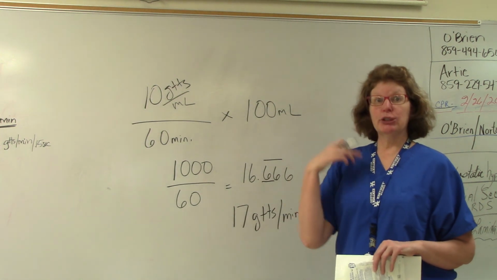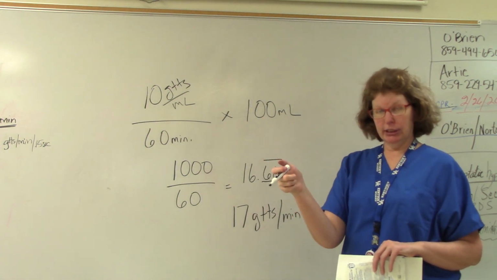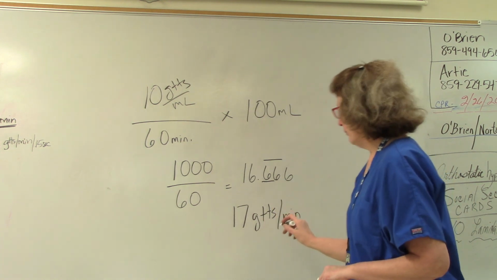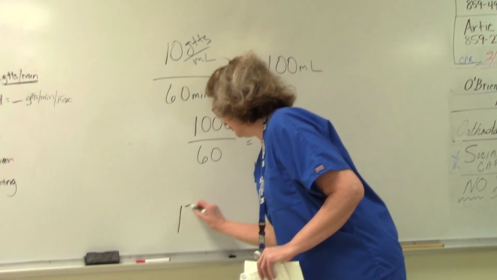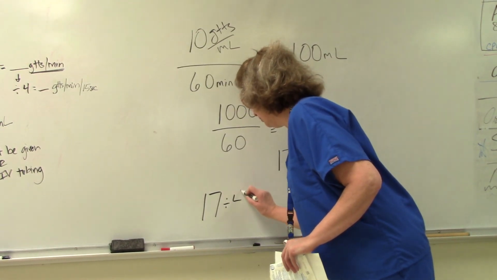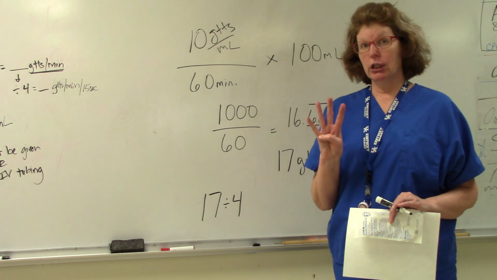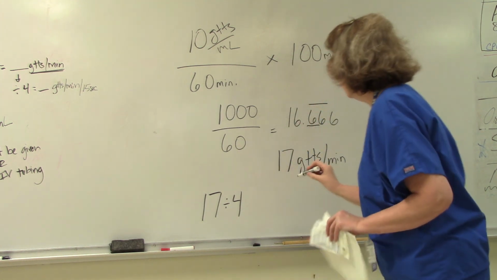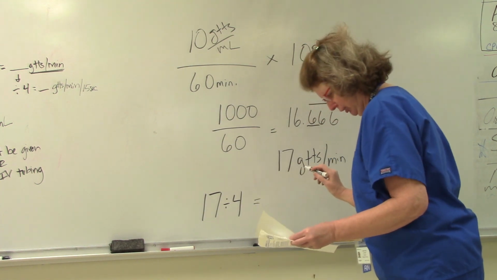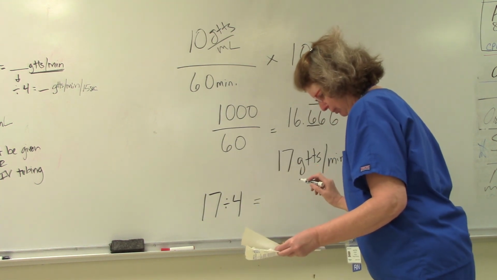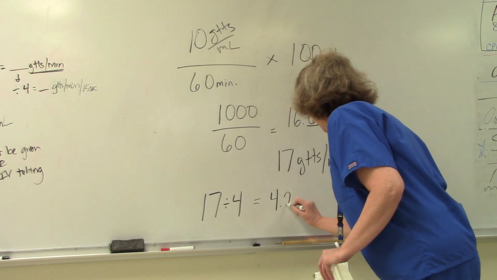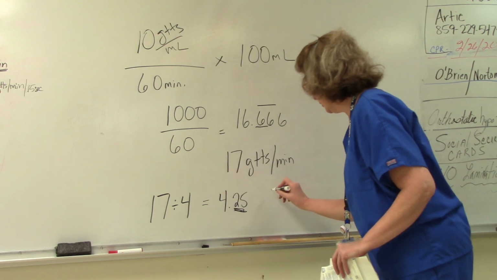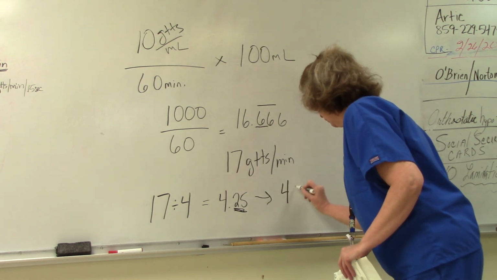But if I am going to the bedside, I'm going to be the one adjusting this, counting these drops. I'm going to make it easier on myself. I'm going to take my 17 drops per minute, take 17 divided by 4, because there are 4 15 seconds in 1 full minute. And I divide that out. I should get 4.25. Again, can't count 0.25. The 2 says that stays at a 4. And I get 4 drops